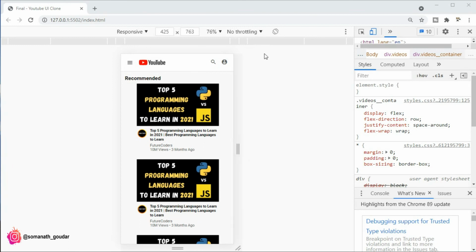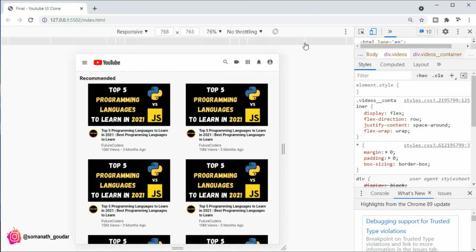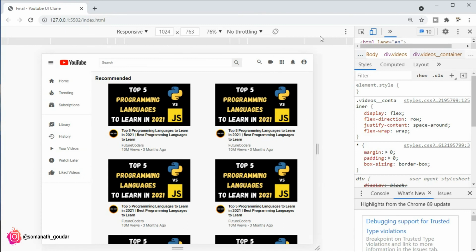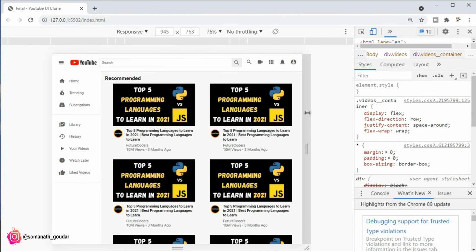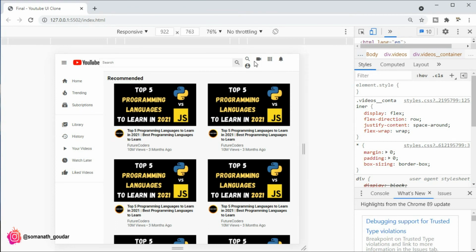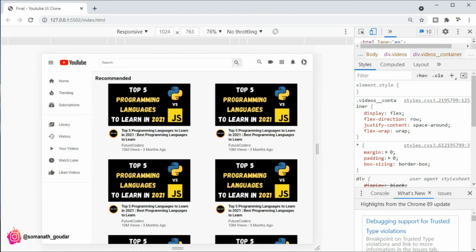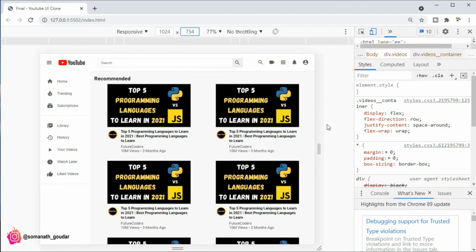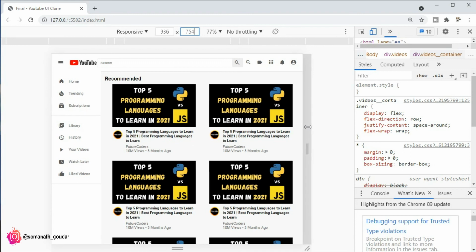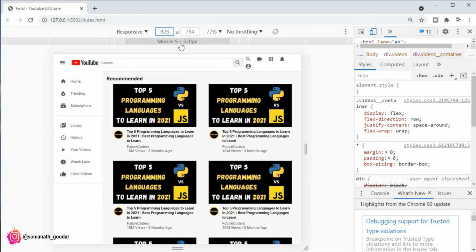Now let's also check for another screen sizes, so it should be responsive. When I switch to laptop and make it a little bit smaller, as you can see, it is not looking nice, right? That's what I refer. It is not looking nice. So what I'm gonna do is, I'm gonna find the point where it messes things up. That should be around, I think, okay, that should be 928, at the 928. So I'm just going to target that.